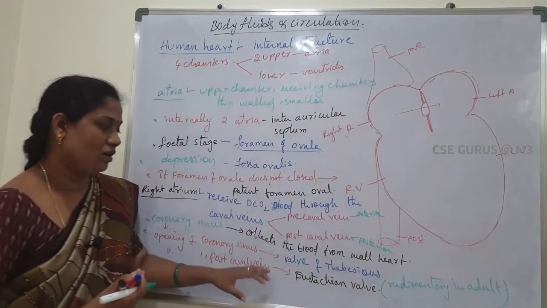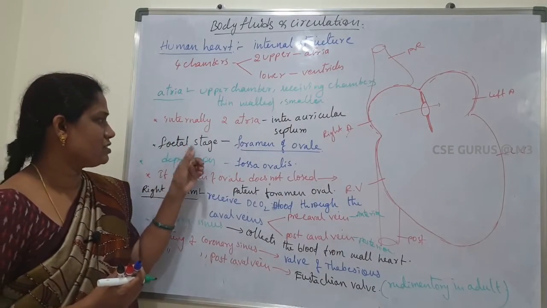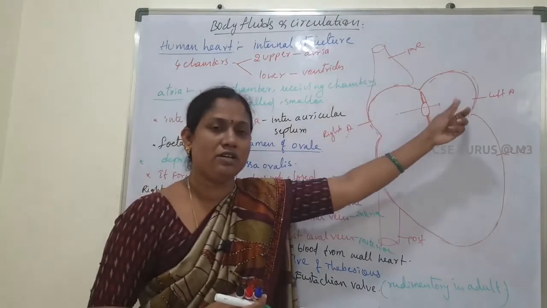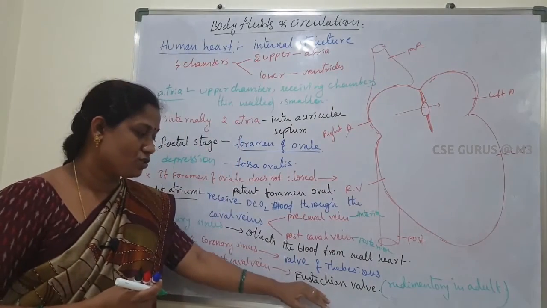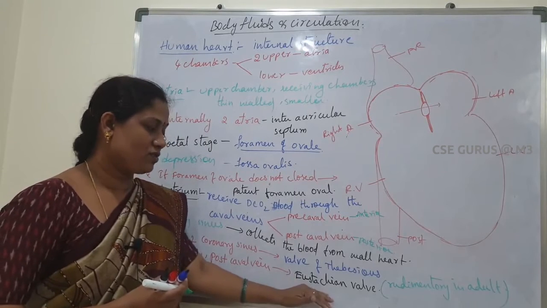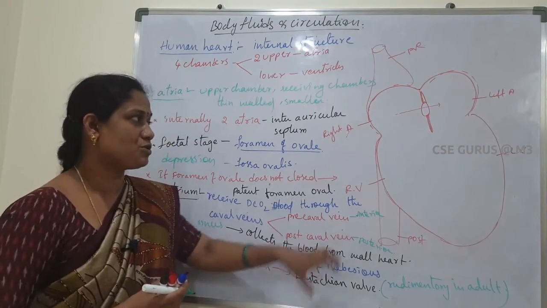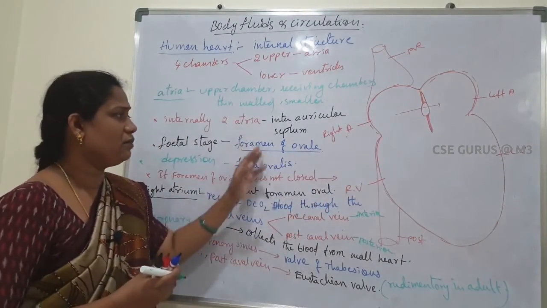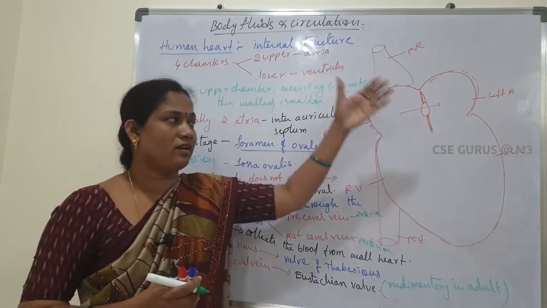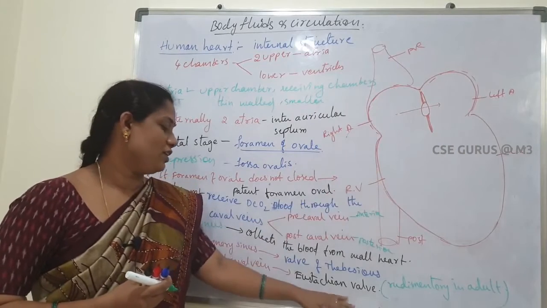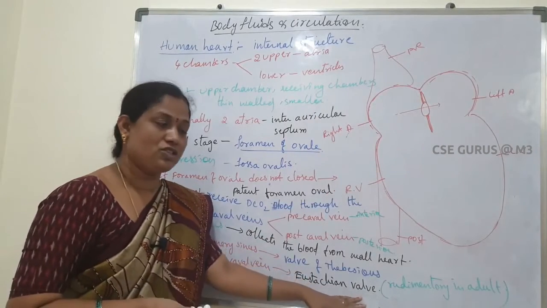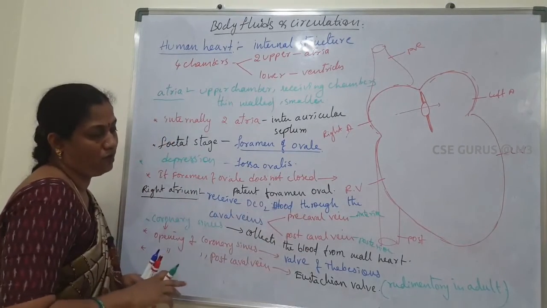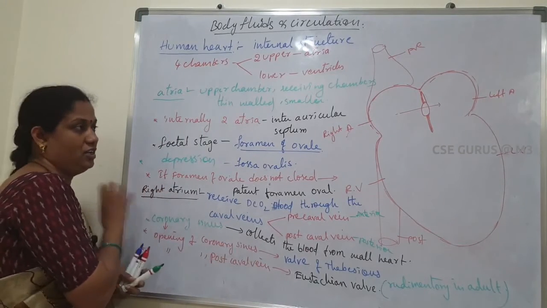Because in fetal stage, what will happen? Foramen ovale is there, which means there is a connection between the right atrium and left atrium. So in fetal stage, this Eustachian valve is working. It helps the movement of blood from the right side to the left side. But in the adult, it is completely closed, so there is no need to move blood. A complete separation is formed. That's why in adult the Eustachian valve is not working. Next, the opening of the precaval vein doesn't have any valve. So this is about the right atrium.